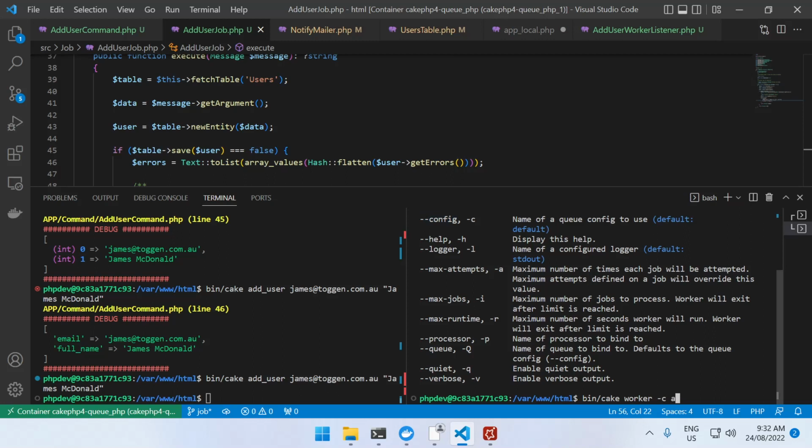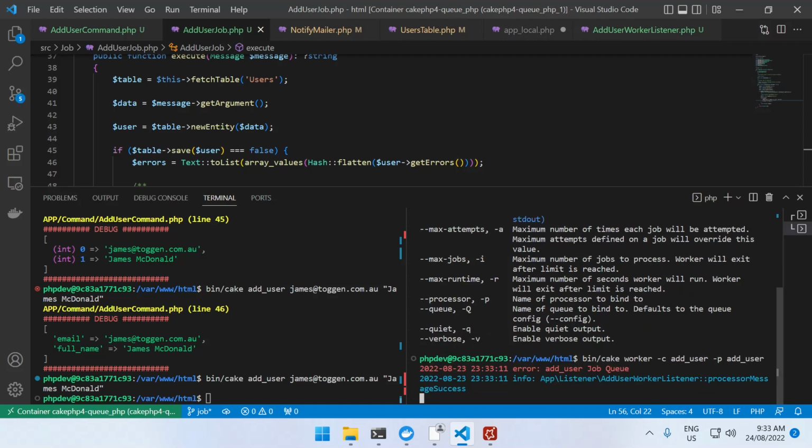So let's do that. So it's the add user configuration, because you get all those settings instead of just specifying the queue. And we need to, as we said, create a processor. Always make a processor name so it doesn't generate a random one. So now that we do that,